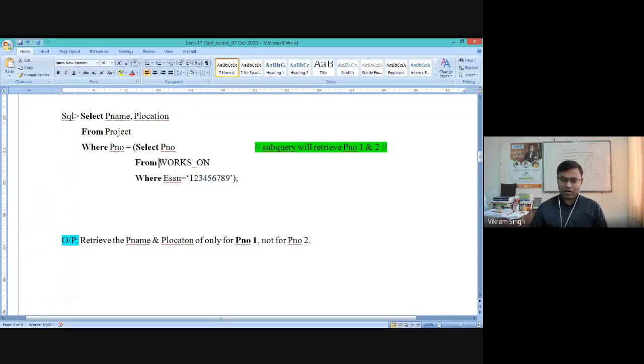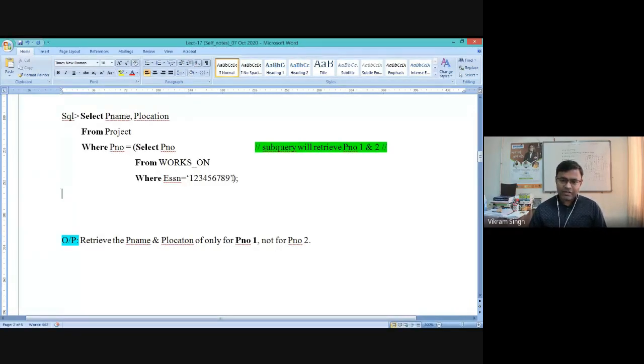Now, in the works on table, we have given these columns like project number and ESSN, right? If you recall the company database instance, one thing is clear: this ESSN is nothing but the employee SSN of those who are working on different projects, right?